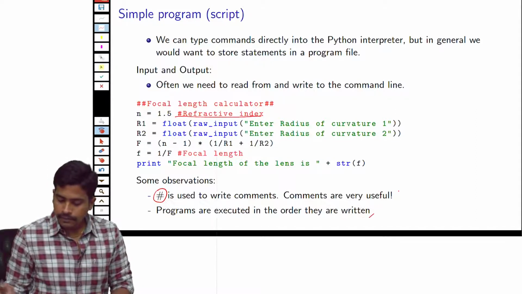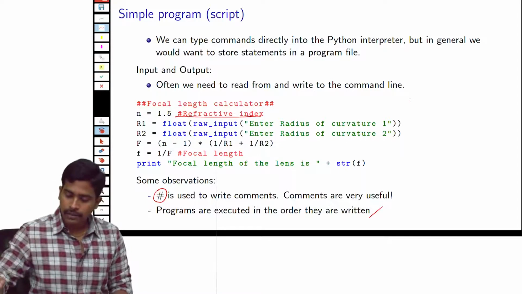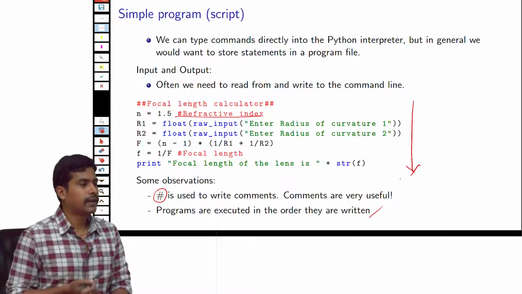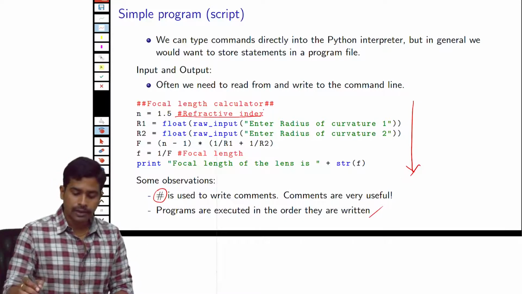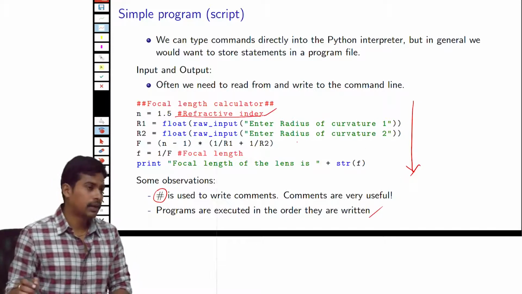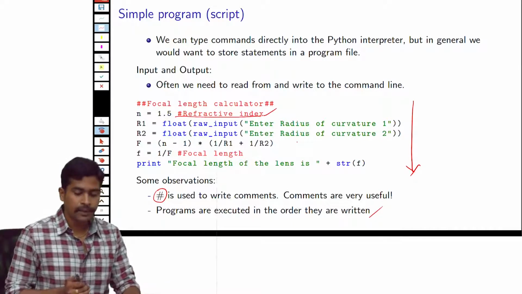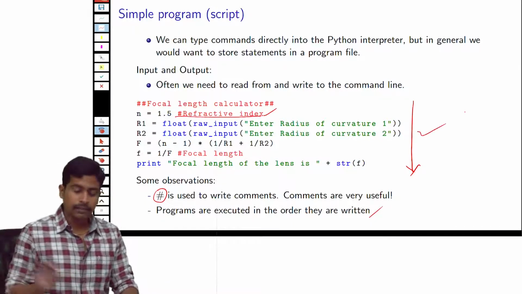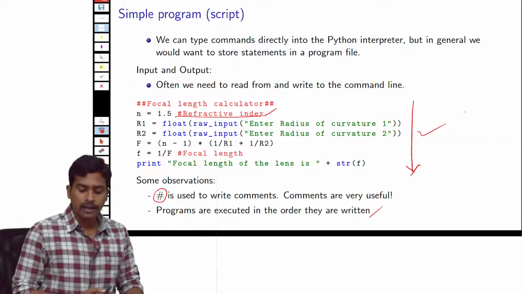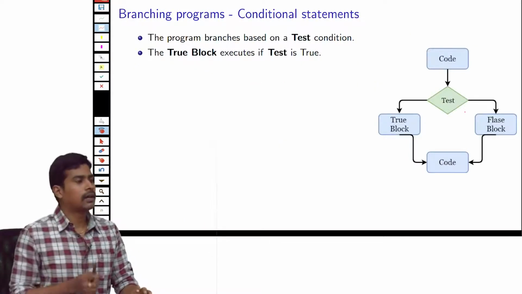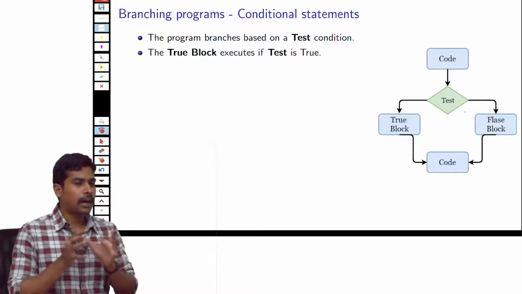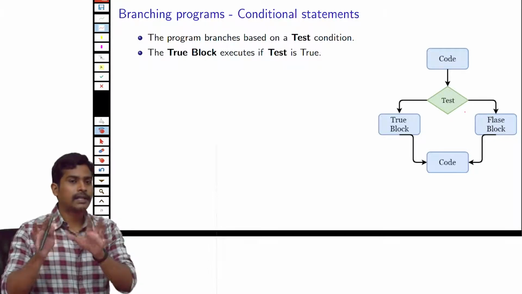Another thing is that the program is executing in the order that we have written. Okay. So it's not executing the first line and then jumping to the third line. It's not doing all those things. It's just executing one line after another. Okay. So this is good in most of our programs, but what if you want to execute a particular part of your program when a particular condition is met?